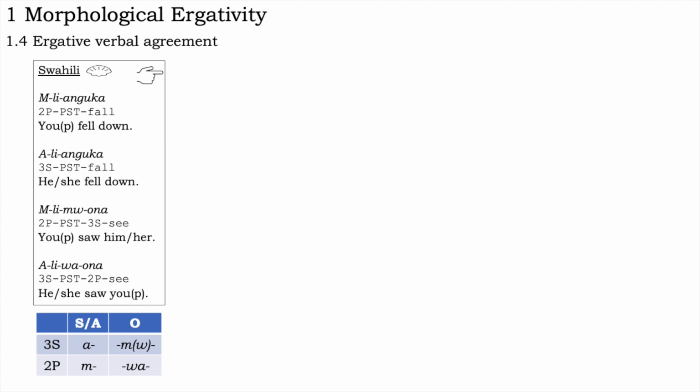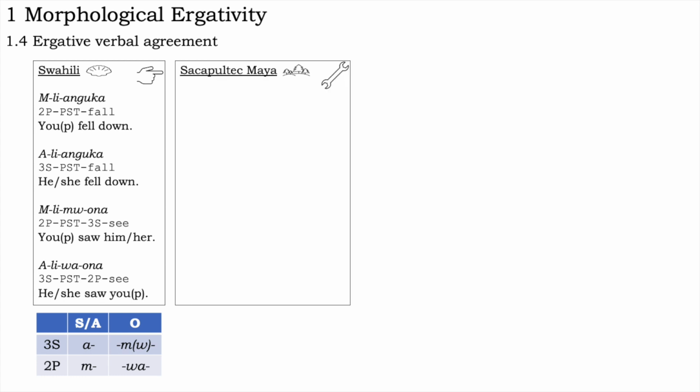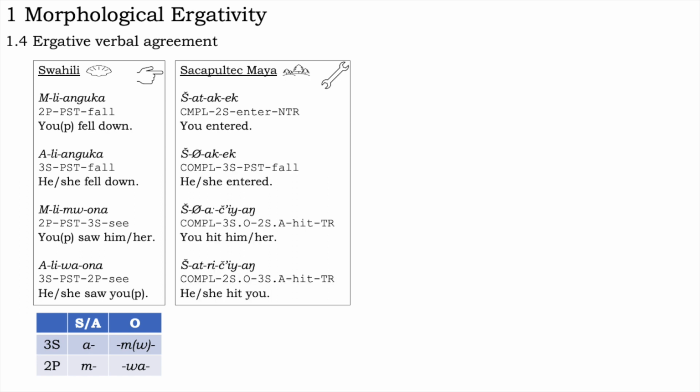Similarly, there are also languages with an ergative system of agreement. An example is Sakapultek Maya. Shatakek, Shakek, Shachiyang, Shatrichiyang. Ignoring the completive aspect marker sh and the transitivity markers ek and ang for the intransitive and transitive respectively, this